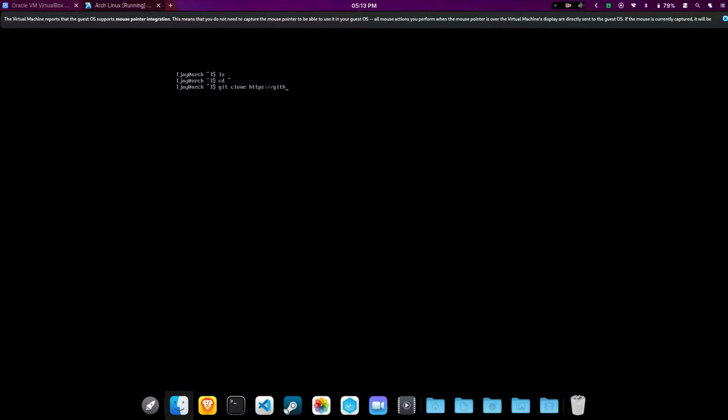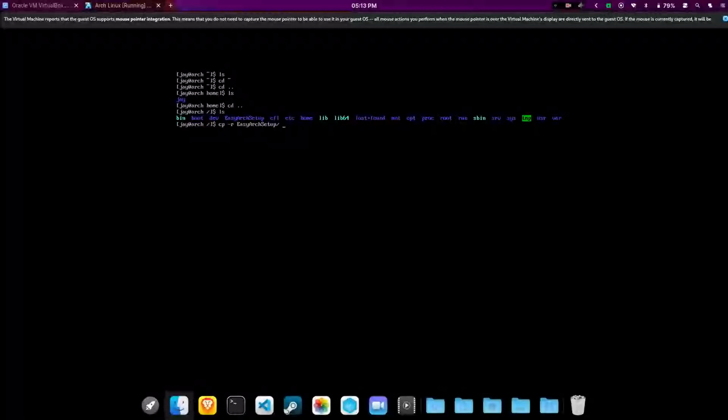Wait 1 second. Okay, so we can just move out of this. Just move out of this and ls. Again move out of this, ls. So here is our easy arc setup. Let's just copy everything from easy arc setup to